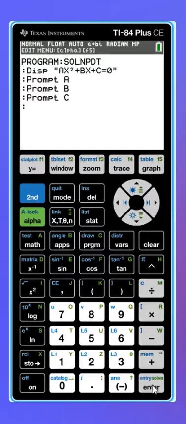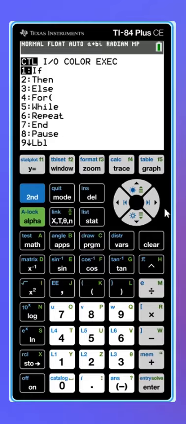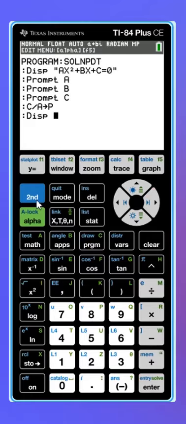All right, now we actually do the math. So to get the solution product, it's actually just C divided by A. Crazy how simple it is, but not necessarily something you use all the time and difficult to remember. So we're going to store that to P, and then we're going to say program display